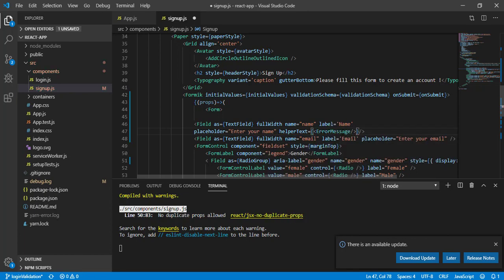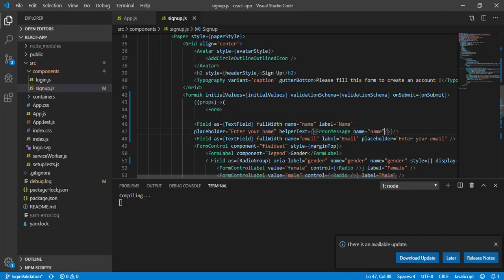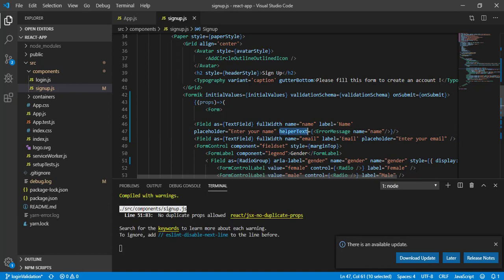Okay, and here we have to define one property, name, and that name should be the same as this name. So let's copy and paste. So what we have done as of now: this helper text we have defined, and we got this ErrorMessage from Formik, and this helper text is going to take a component itself. Okay, and this component is going to take a name, and that name has to be the same as this name.